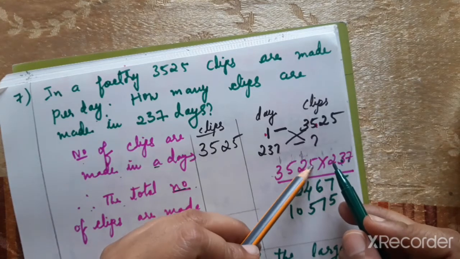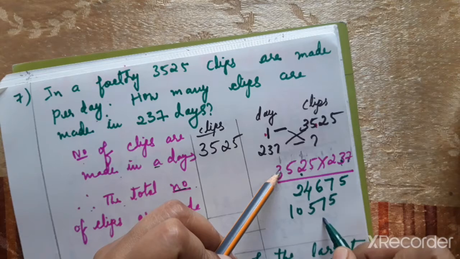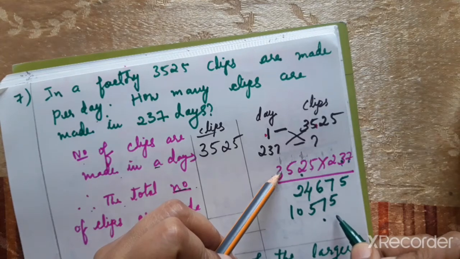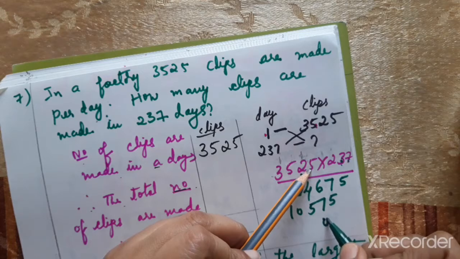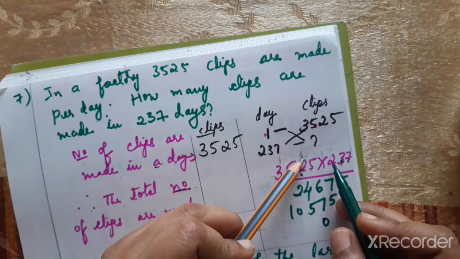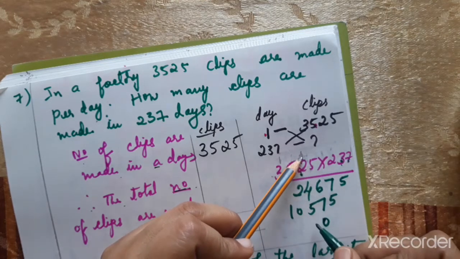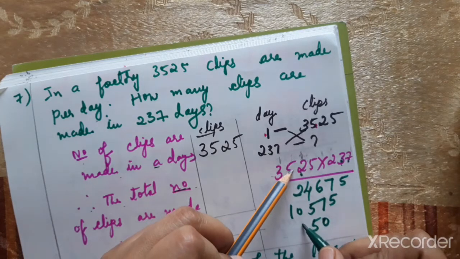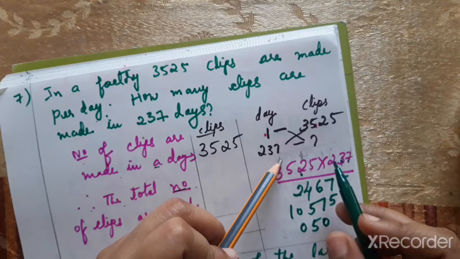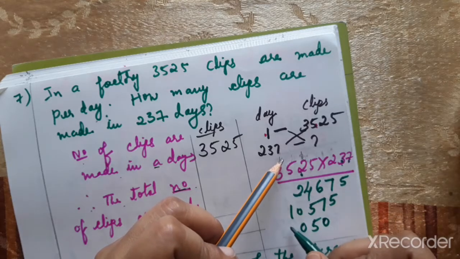Now with 2 we have to multiply each number. Okay, don't write here, start from here. 2 5s are 10. 10 means 0. 1 carry out to the next place. 2 2s are 4. 4 plus 1, 5. Again 2 5s are 10. 10 means 0. 1 carry out to the next place. 2 3s are 6. 6 plus 1, 7.